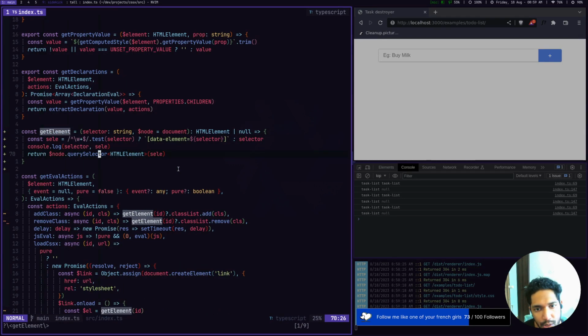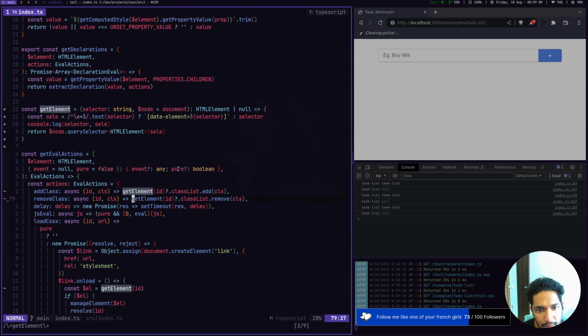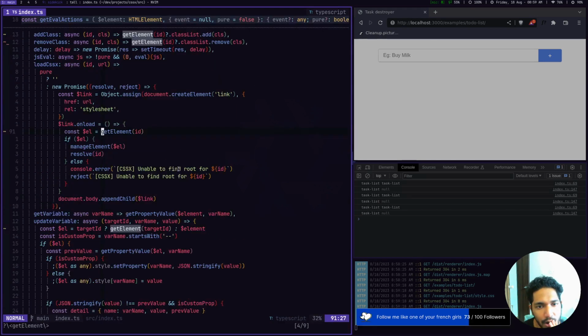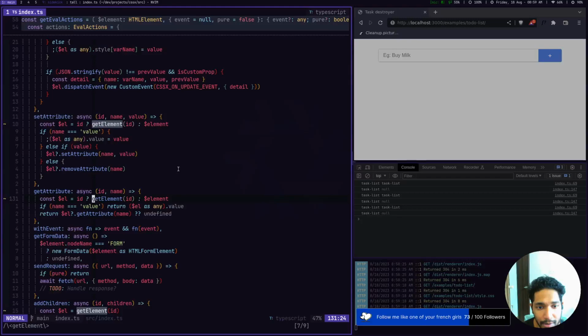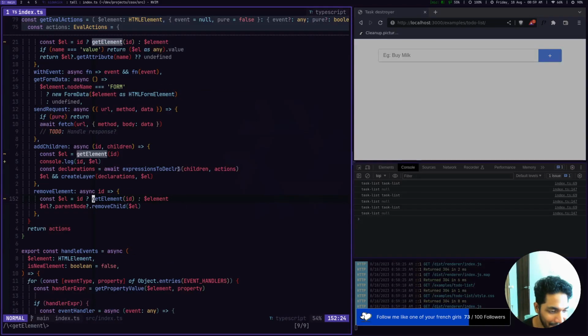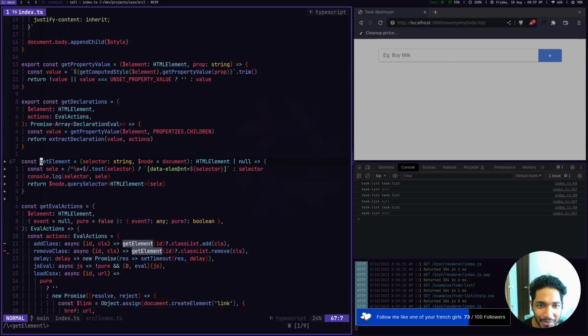Query selector, node.querySelector. I'm just doing it on the document, right? Because I didn't give it the second parameter. And that's what I need to do. But I didn't give it the second parameter. So